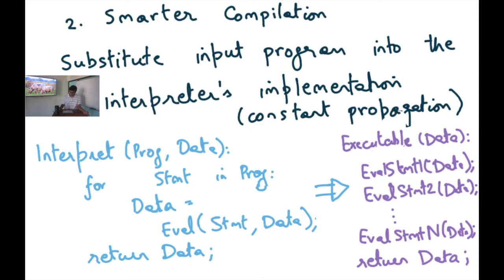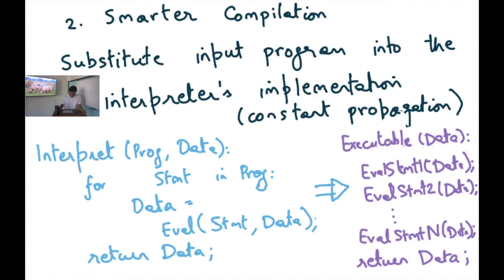So imagine that you have a program and it's supposed to execute on some inputs, and you already know two of the inputs. Let's say the inputs were X, Y, and Z, of which you already knew X and Y to be, let's say, 2 and 3. So you can just substitute all occurrences of X with 2 and Y with 3, right? And that's also called constant propagation. You kind of propagate the constant value across the program. And so in this case, you could substitute the program source code into the interpreter code implementation.